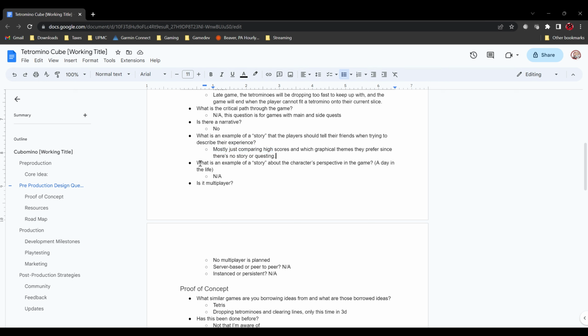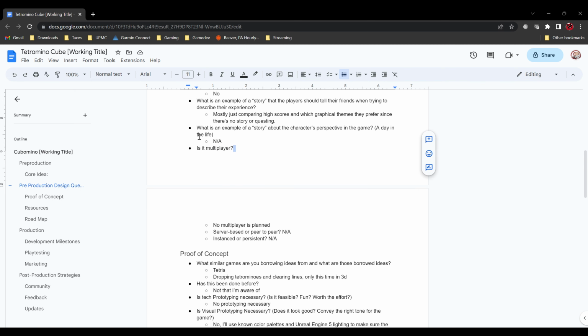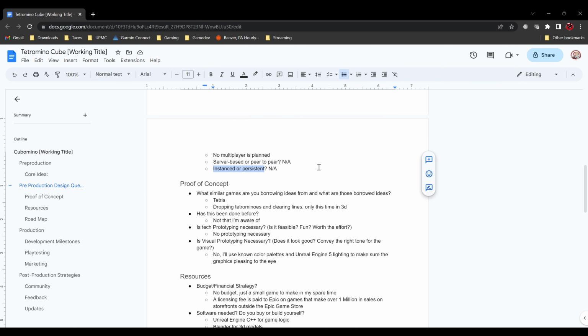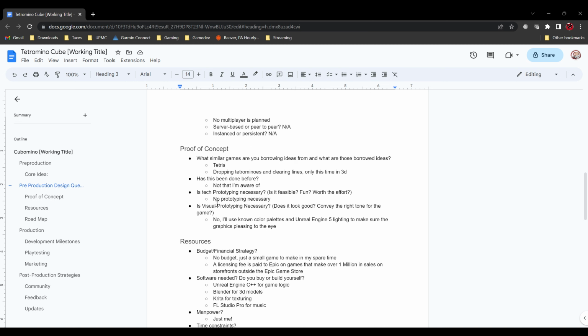This is more of a small little puzzle game before I get into more complex stuff that I'm going to be making in Unreal. So not applicable. And is the game going to be multiplayer? I'm not really planning on it. No multiplayer planned. Doesn't matter if it's server-based or peer-to-peer, instanced or persistent, not applicable.